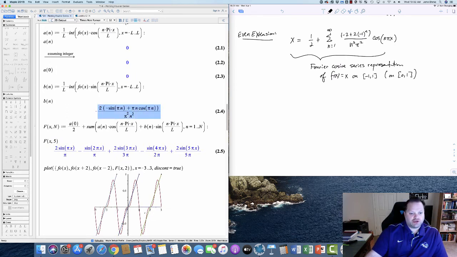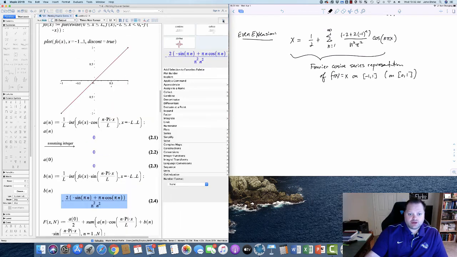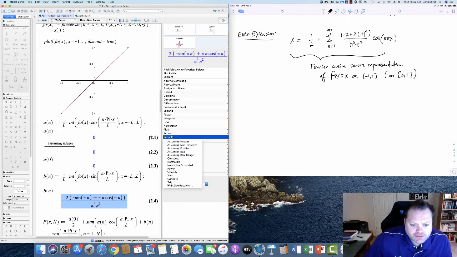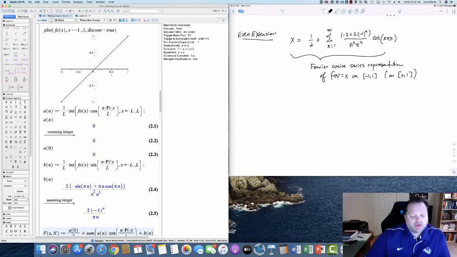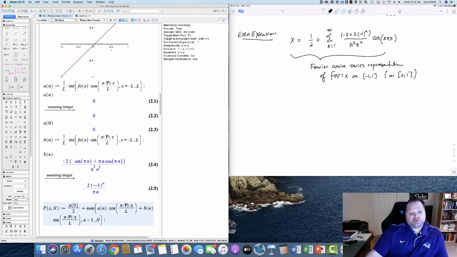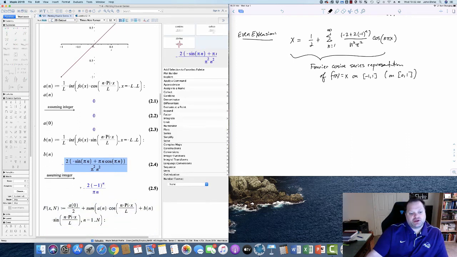And I should take that output and let's see, I think it's over here. Yeah. Take that output and simplify, assuming n is an integer. So if you simplify this, assuming it's an integer, you'll get this, which means if we do the odd extension